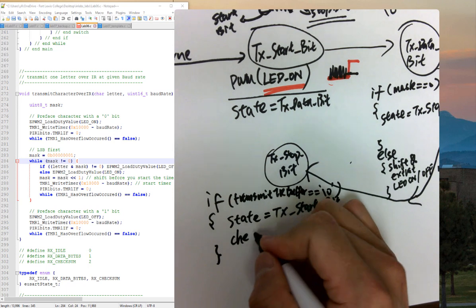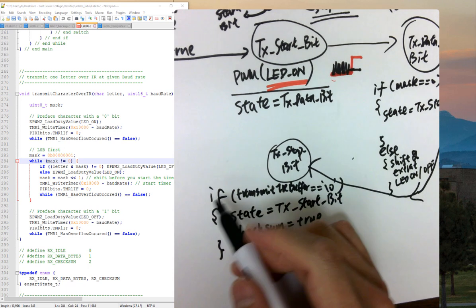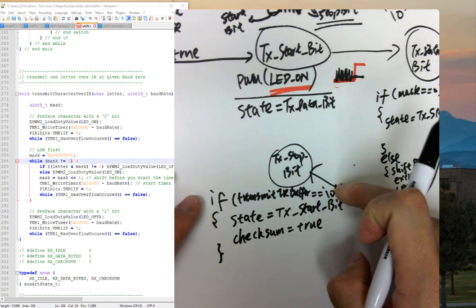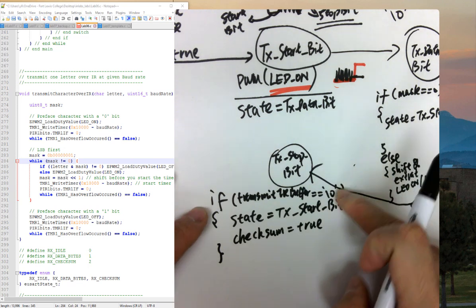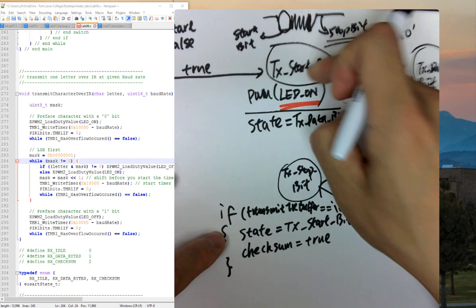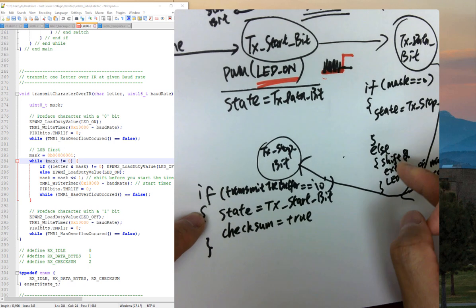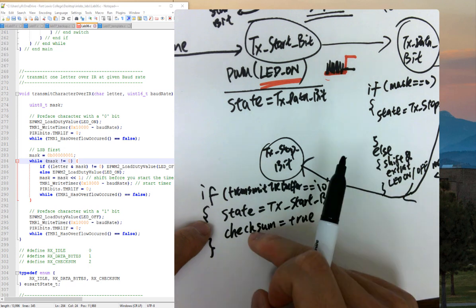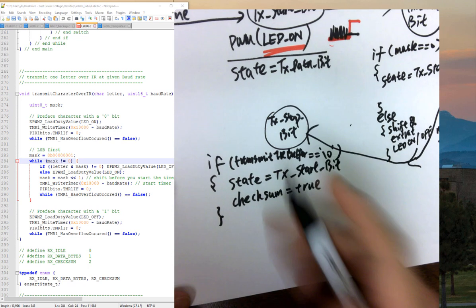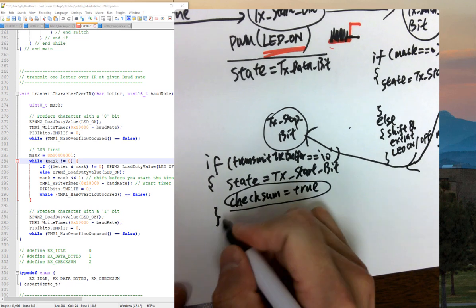So you want to have a flag called checksum flag to be true. So the next time it enters this stop bit, because this time it's still null, and the null is done. So that's why it equals null. And then you transfer to the state start bit. So eventually the next time it enters the interrupt, it's going to get in here and do the receiving and shifting, and it's going to receive and shift the checksum byte. So the checksum will be received and then enter into this stop bit. Since before that step you already set this to be true, so in that case